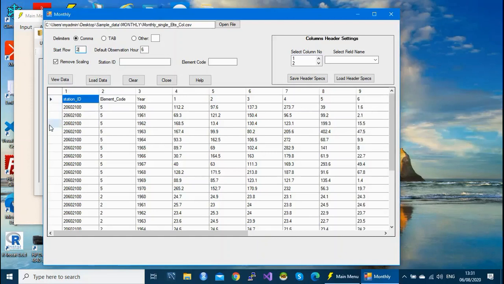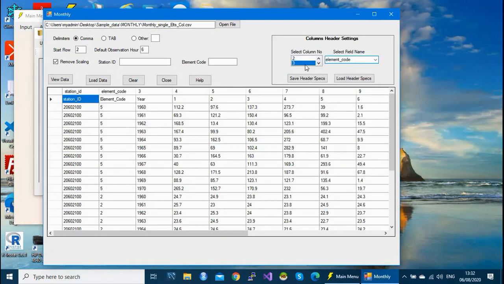Number 2, you need now to match the column headers for your data. Under column header settings, you select column 1 is station ID, you match with station ID. Column 2, you match with element code.